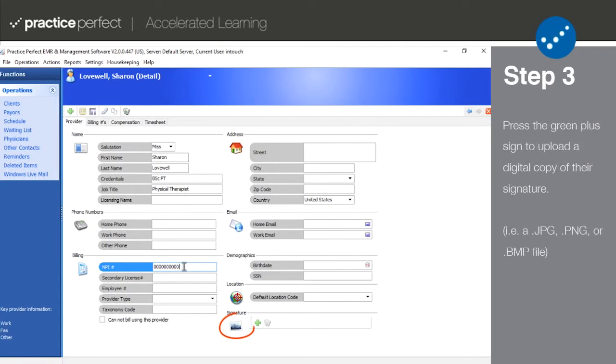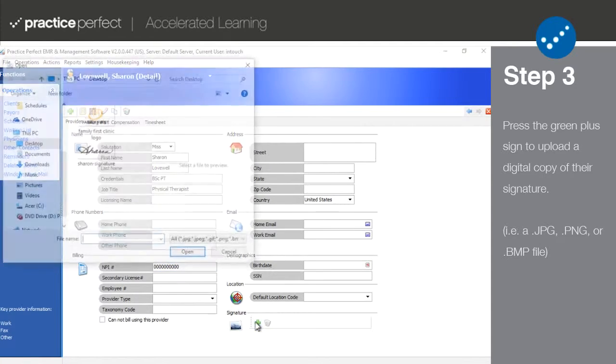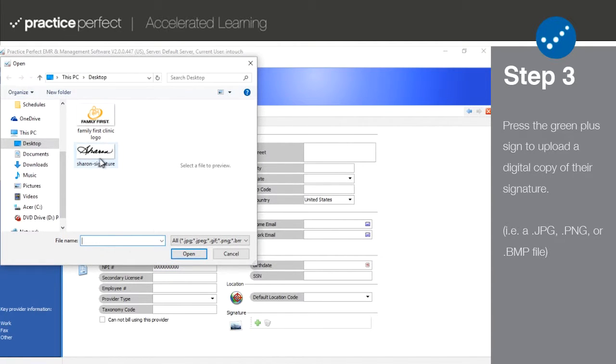Finally, the Signature section allows you to add a provider's signature to the system. This is a handy feature to have when providers are required to sign clinical documentation. By uploading a signature to Practice Perfect, you're able to eliminate the need for them to sign it by hand. To upload a signature, press the green plus sign below the heading and locate the image file on your computer's